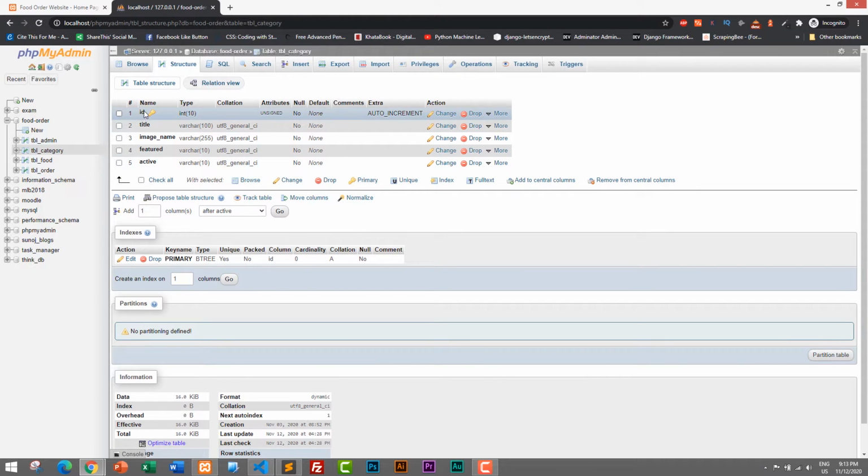So id is primary and it is also auto increment, so we do not need to pass the value for id. Other things we need to pass the value for are title, image name, featured and active. Featured and active will be radio input type. Title will be of varchar or input type text, whereas image name will have a button, and we will select the